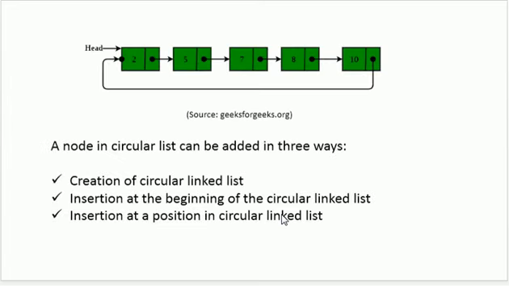So if I want to create a circular linked list, we are going to do it in 3 different ways. First of all, here we are going to create the list. Then we are going to see that if in an already created list I want to add some element, maybe in the beginning or at a particular position, then how should we add it? So here you can see that we have a head pointer, just to point that my list is starting from this point. I can make any node my head node. But let's say I'm considering that in this particular list 2 is my first node, so I'm specifying this head pointer with 2. So we just want to see how we can write code for this.